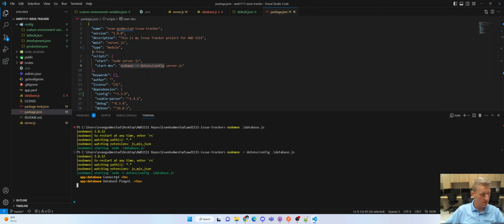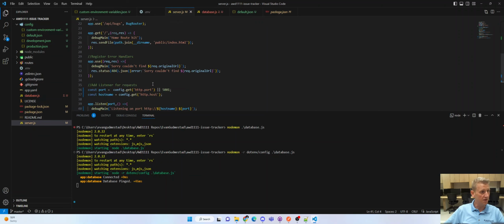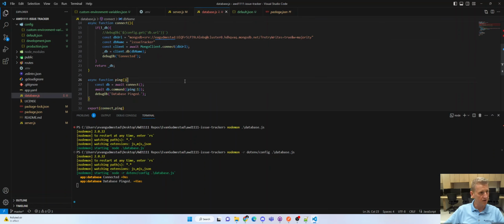Now that's with running nodemon. I always forget the switch, right? So nodemon with the switch to see the debug package getting its console logs, and that's with hard coding in my database file. That's with hard coding my DB URL. So I think ultimately my problem was